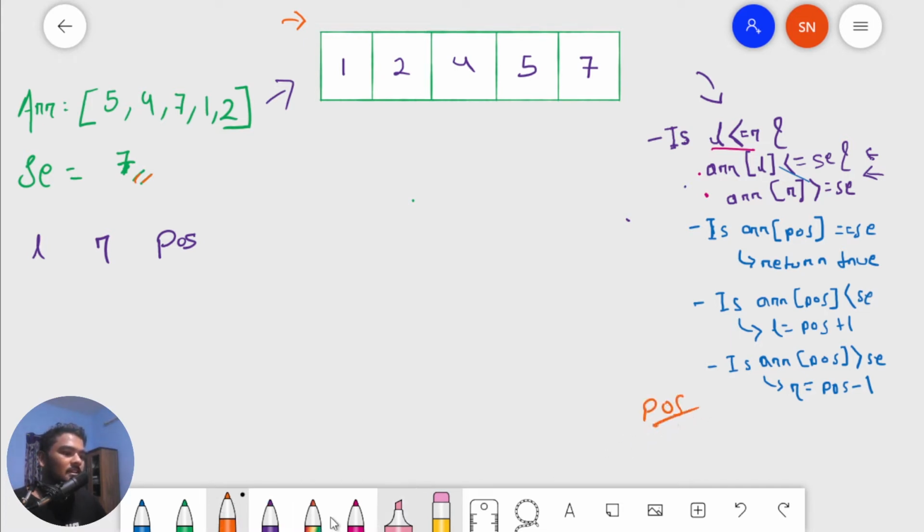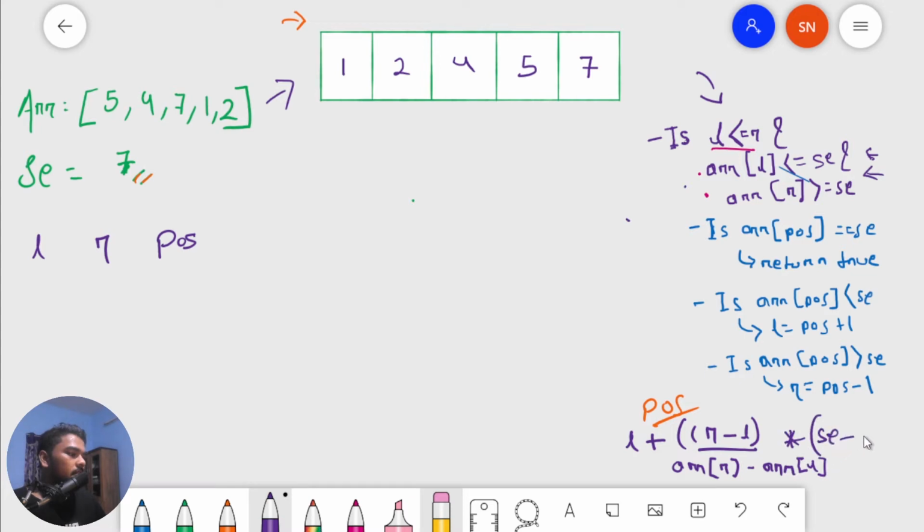So here I'm writing it, and it goes something like this: pos = L, the leftmost position, plus (R minus L, the rightmost position minus the leftmost position) divided by (arr[R] minus arr[L], the element in the rightmost position minus the element in the leftmost position), multiplied by (the search element minus arr[L], the element in the leftmost position), right?